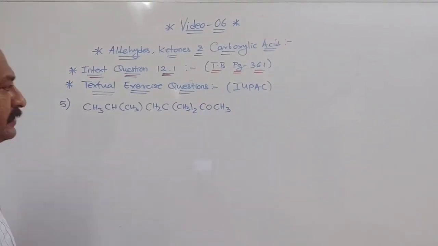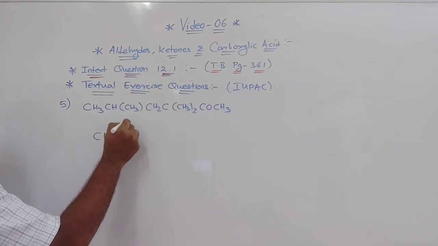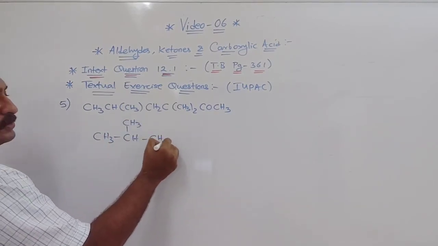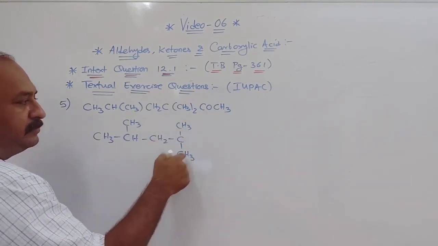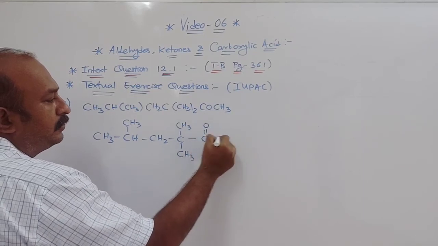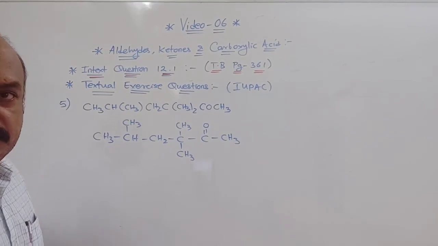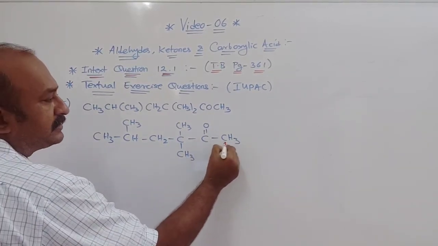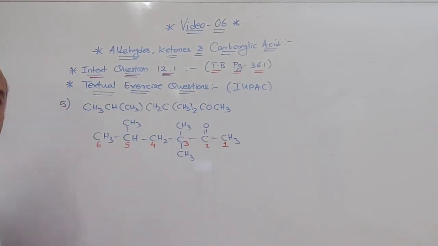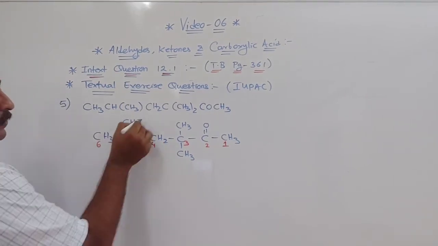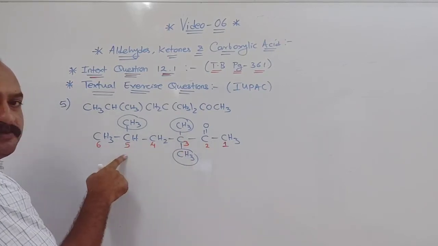Okay. Now this fifth question, you can write in this form also. CH3CH. On this carbon there is a methyl group, so write on top. CH2C, and on this carbon two methyl groups are there, so I write one on top and one like this at the bottom. Then C double bond O and CH3. Now in this case, C double bond O, that is ketone, is the functional group. So when I number it, I number from this side 1, 2, 3, 4, 5 and 6. Understood? So now in this case, there are a total of 3 methyl groups, 2 at the 3rd position and 1 on the 5th position.